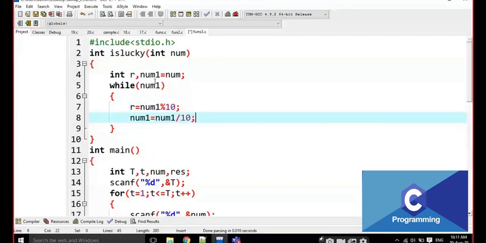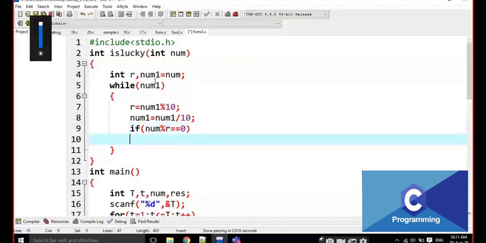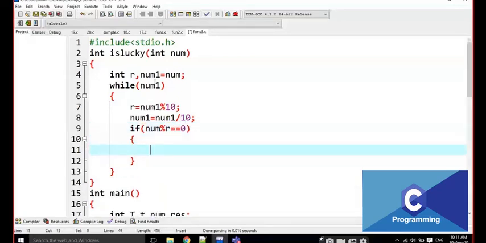I am going to check that: if num mod r is equal to 0, that means it is exactly divisible. If it is not exactly divisible, I am going to return 0 here.